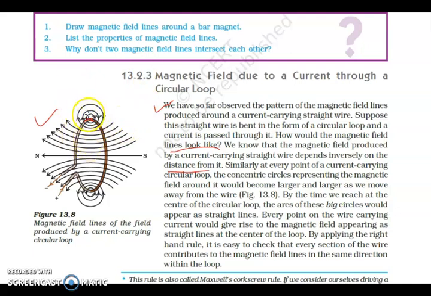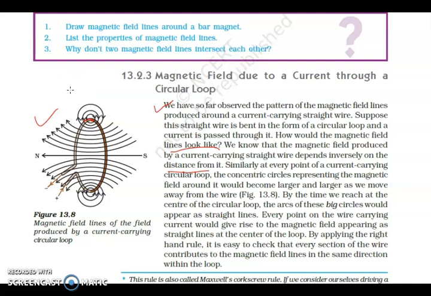Now as we increase the radii of these circles, it was this much before, then we will move it to like this, then it will be like this. As the circle radii increase, we will see that the magnetic field lines will be in this way. Okay. So in this way we can easily check the direction of magnetic field lines in a circular loop by applying the right hand thumb rule.